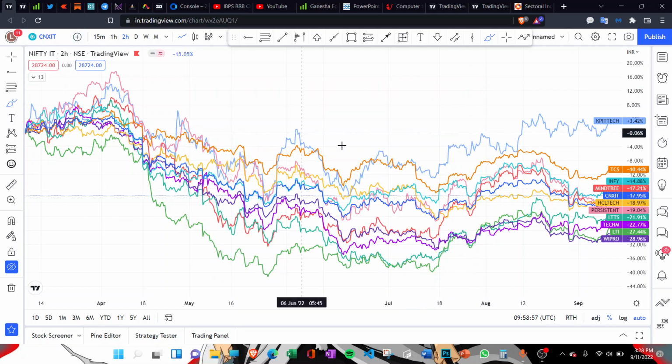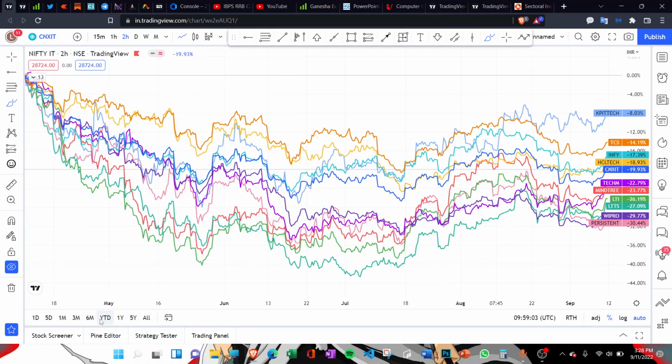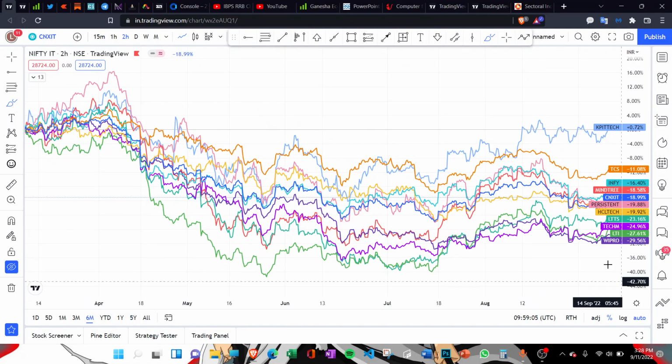So as you can see, KPIT Tech is a clear outperformer. The whole IT sector index, we are taking a look at the 6 month returns right now, is down around 19%, versus KPIT Tech, which is up 0.72%. So there is clear outperformance, and it is followed by TCS, Infosys, Mindtree, and then